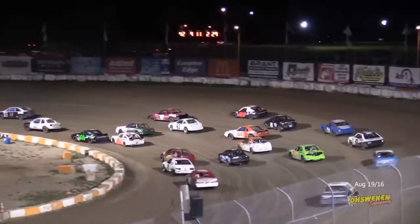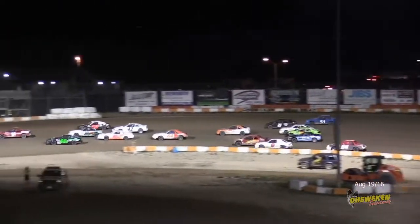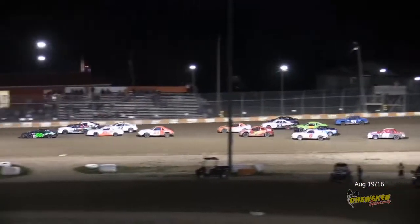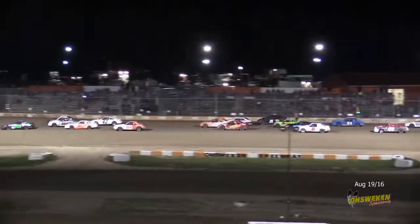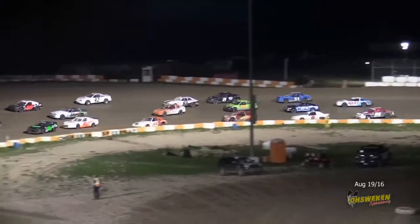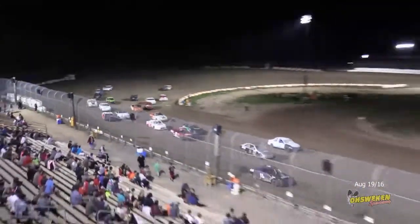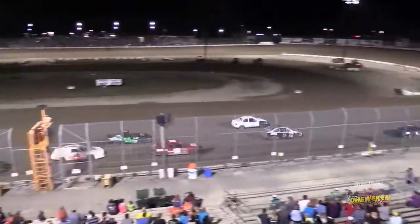Somehow most of the field got through there, Greg. Tough break for Joe DeBoer. Wow, what a scary sight. They're 5 wide behind him there as the 63 of Brandon Crumby makes some nice moves to get out of that. Working on 3 wide up front with the lead, Patrick Abramson, Newell, and the other 9 of DeBoer working